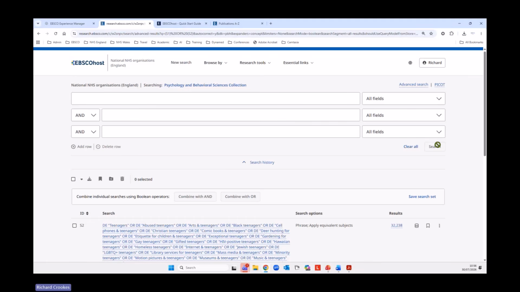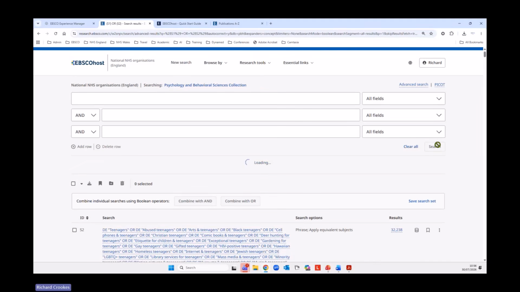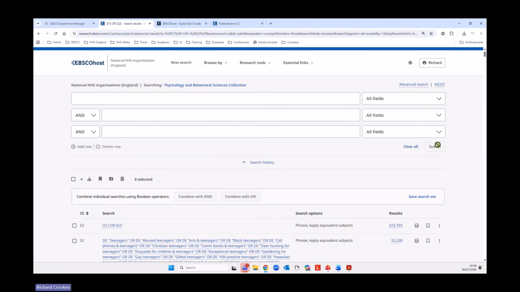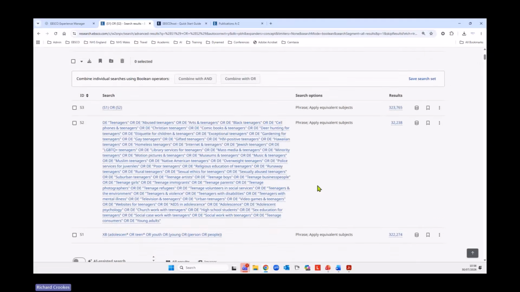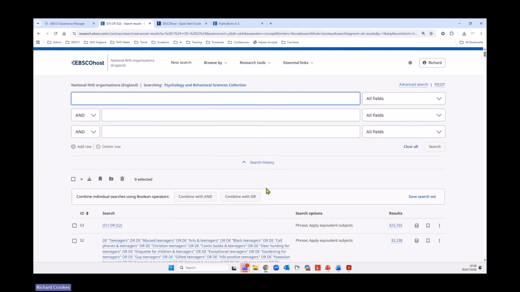So we're looking at the age group specifically here, whether the age, teenage, adults mentioned in the title or article field or as part of the indexing. But of course, we're not just looking at the age group, we're looking at an age group which has the underlying condition of eating disorders. So we're going to now search for that element too. So what we'll do here, we'll follow the same process. We'll do a keyword search, and then we'll do the